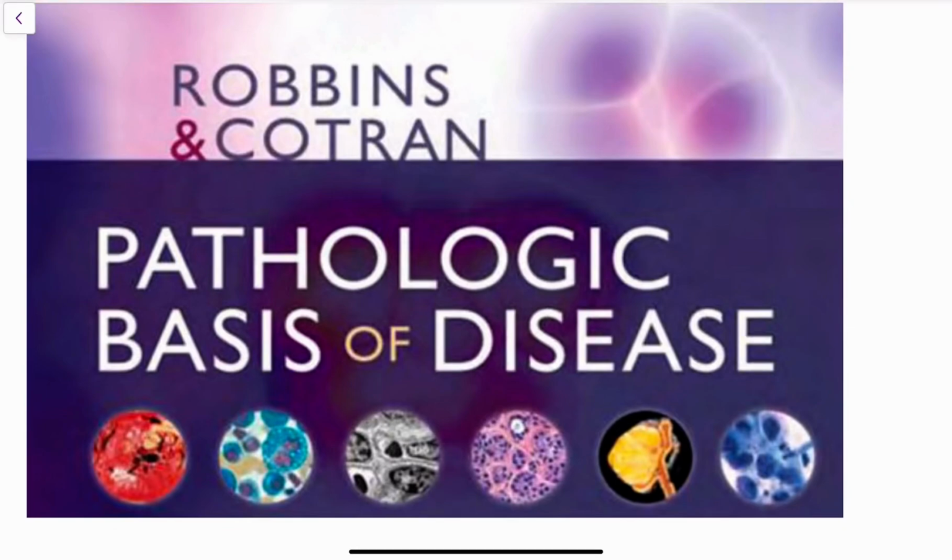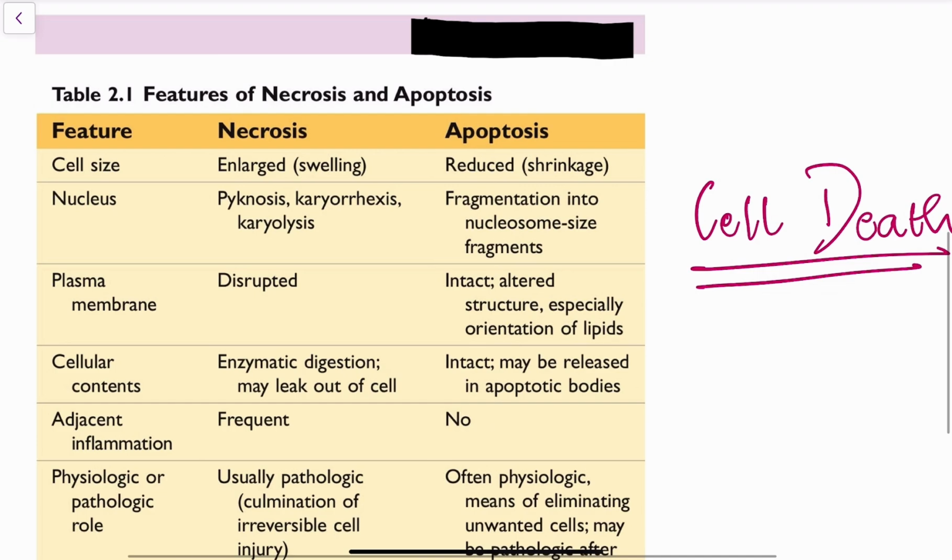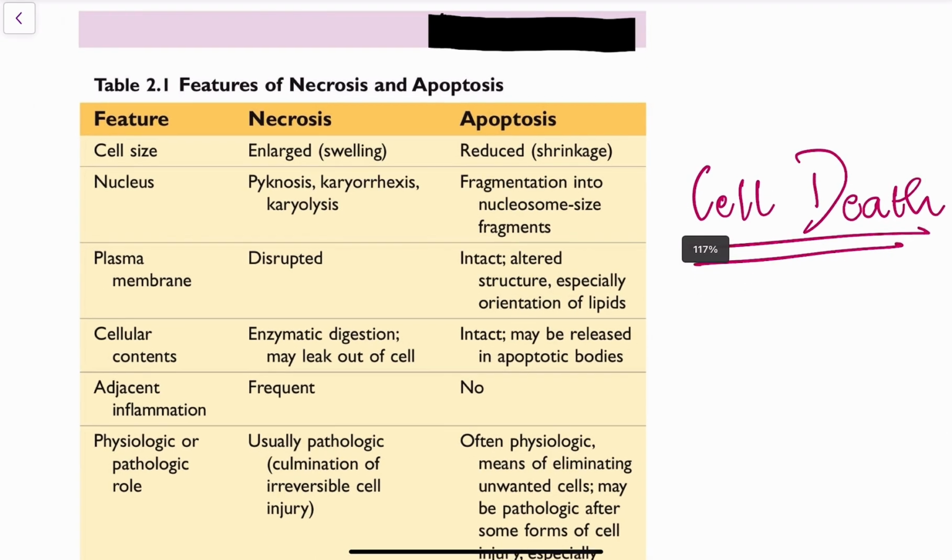Hey guys, so the tables in Robbins and Cotran's Pathologic Basis of Disease are not just summaries. They are treasure troves of high yield information which are indispensable for mastering the concepts in pathology as well as acing all your competitive exams. So the first table that we're going to study talks about the differences between two types of cell death,